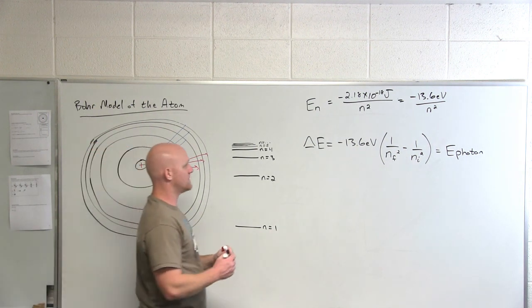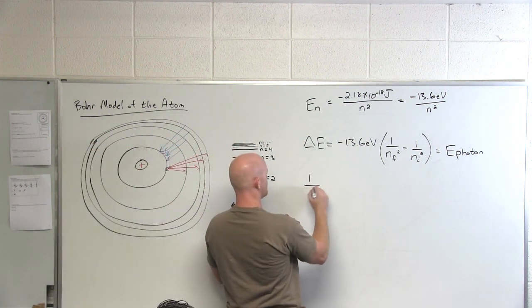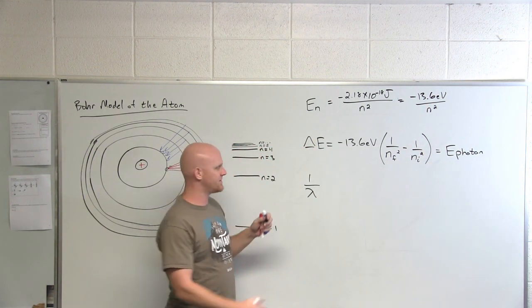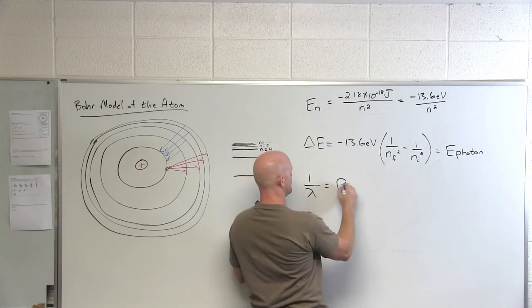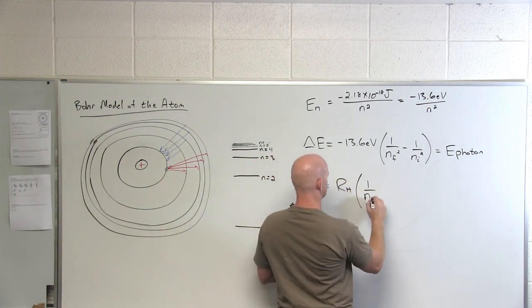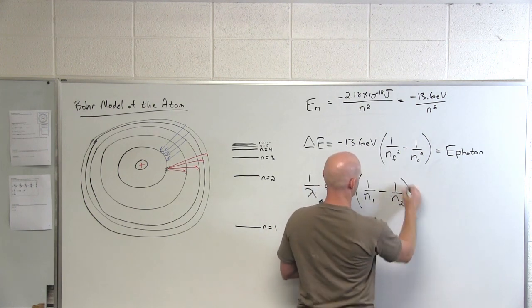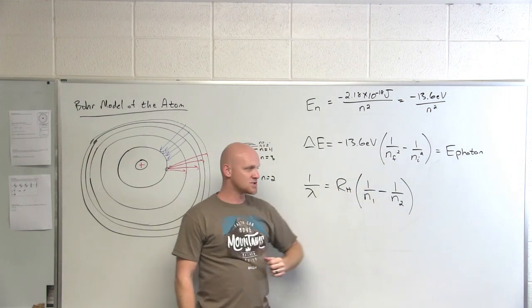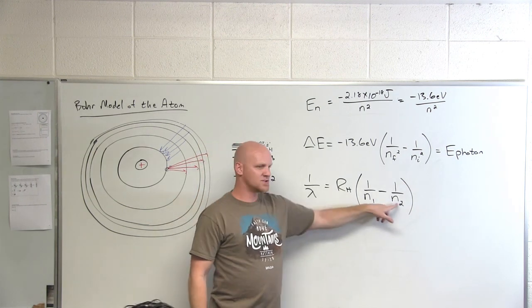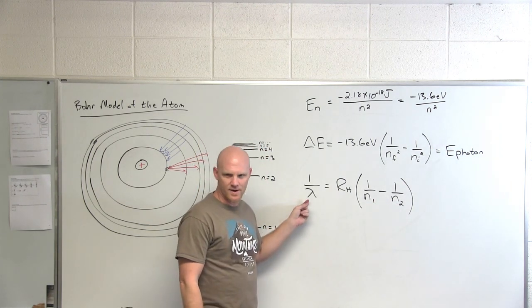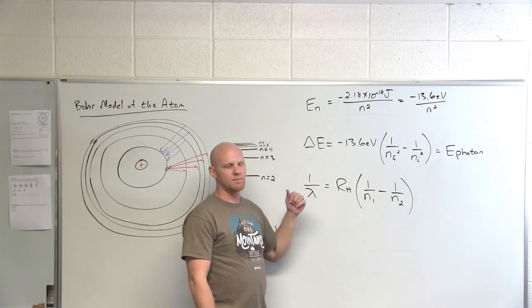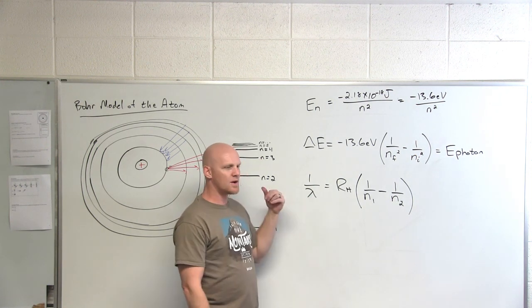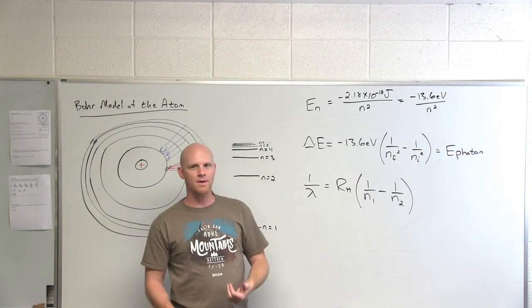All right, so since the energy of a photon is inversely proportional to the wavelength, the actual equation they came up with had this lovely Rydberg constant, looking something like this. And N1 and N2 here, like up here I had N final and initial. You can't have a negative wavelength, right? Depending on which value of N is bigger, it might give you a wavelength that's negative. You can never end up with a negative wavelength. The way you're supposed to interpret that is if the wavelength comes out negative, that means it's an emitted photon. If it comes out positive, it's an absorbed photon.